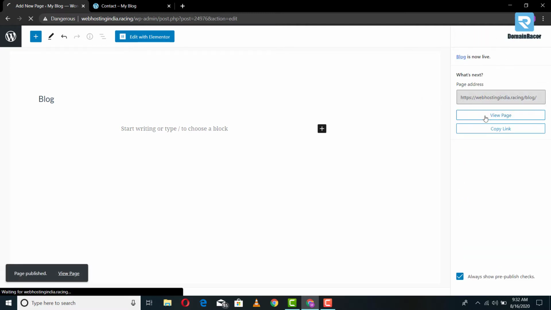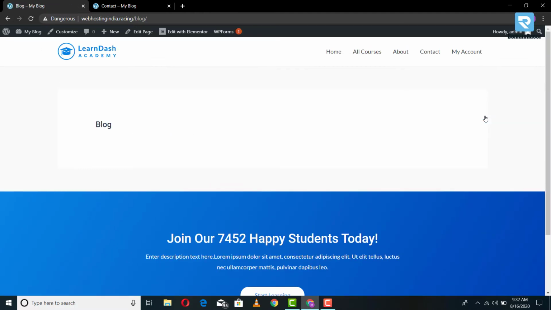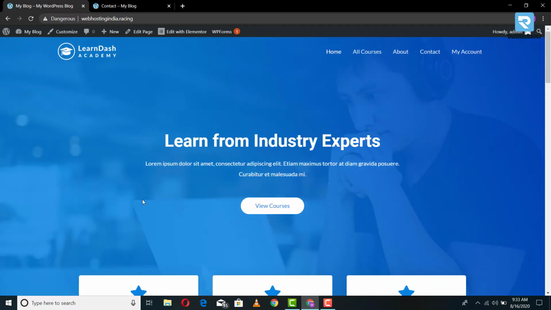You can just click on view page and you can see our pages here. So after that, we have all the required pages. Let us go to the home page and let us edit some of the sections like this logo, this fav icon, and other important details like the images in this background.